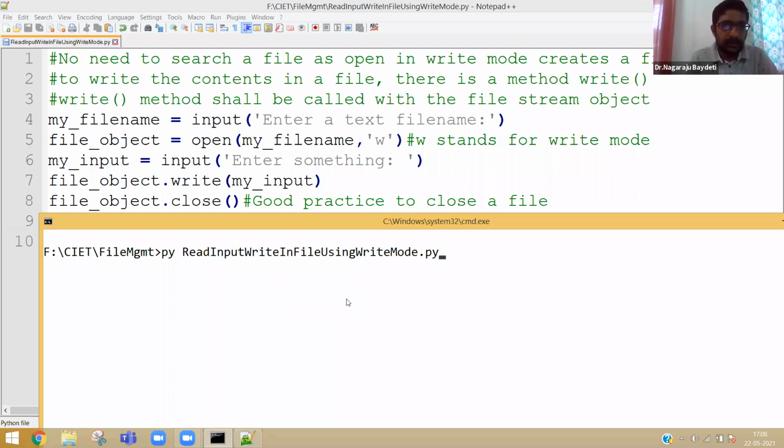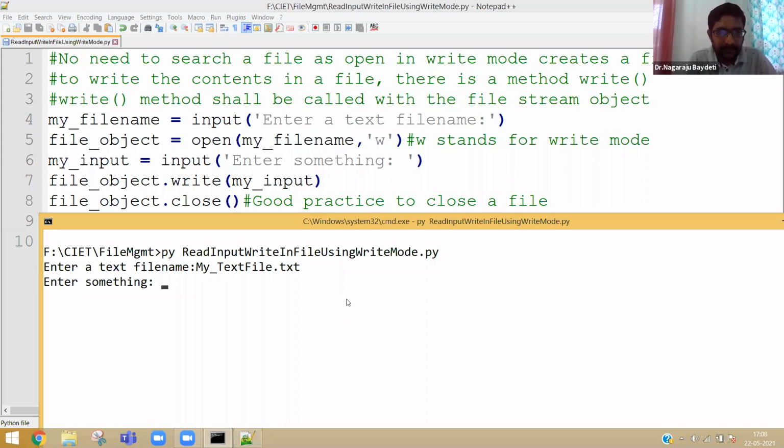Read input, write in file using write mode. Enter a text file name. It is asking me where I need to write. Okay. For example, my_text_file.txt.